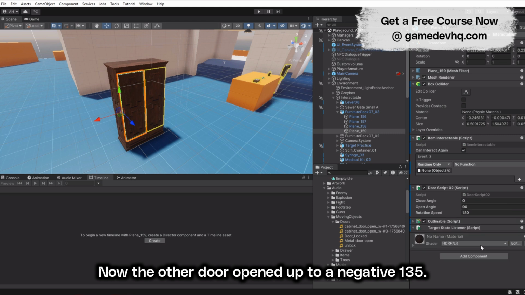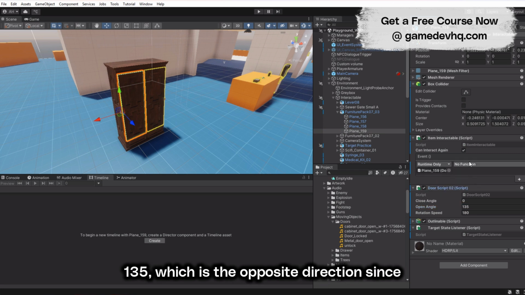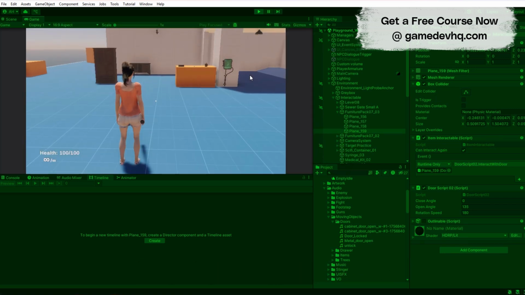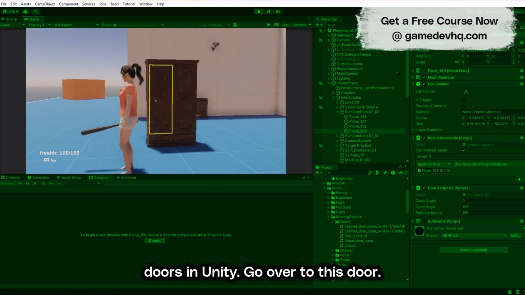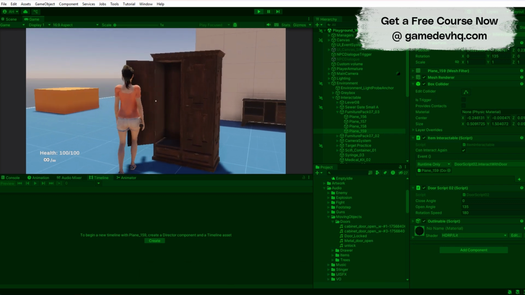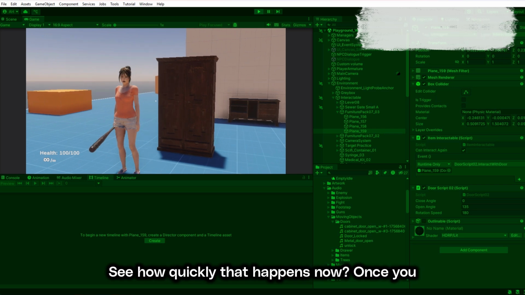Now the other door opened up to a -135. That was the open angle. So in this current one, we're going to do 135, which is the opposite direction since it's opening in the opposite direction. And that's how easy it is to start doing doors in Unity. Go over to this door, close it. See how quickly that happens now? Once you set up the script,